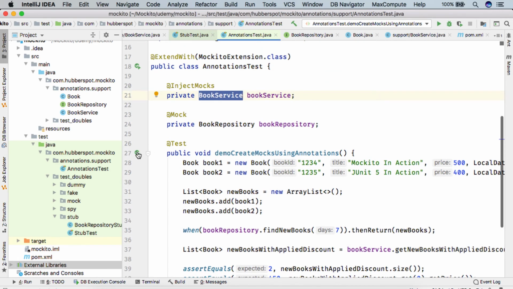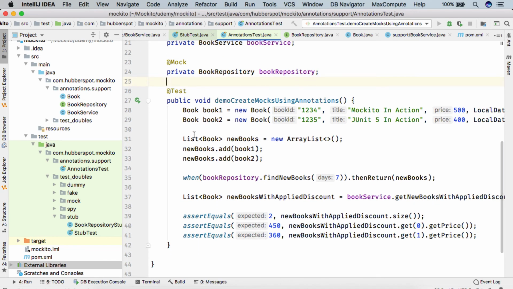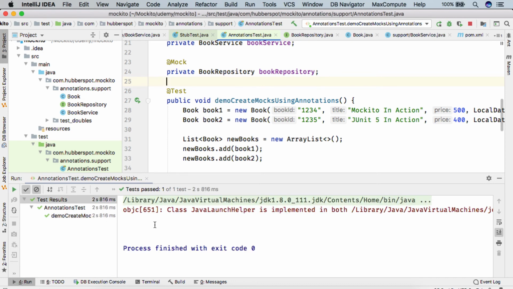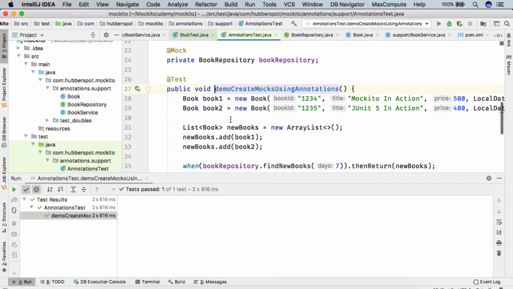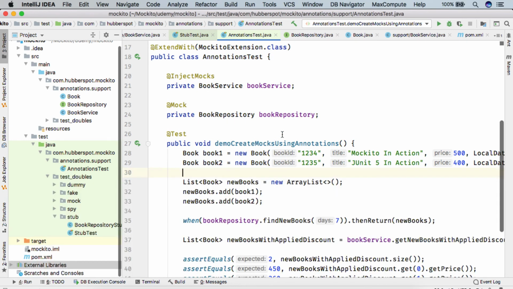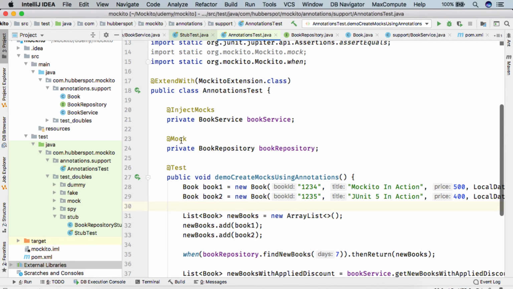So friends, if I run the test case now, here you can see the test case ran successfully. So friends, using these three annotations, we can tell Mockito that first, in our annotations test class, we are using Mockito annotations.